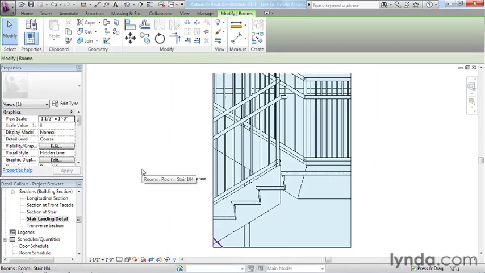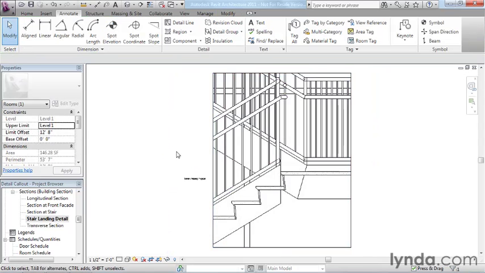So I'm going to deselect the crop. And over here on the Properties palette, it says Section and then the name of the view, Stair Landing. So I'm going to scroll down. That tells me I'm looking at the properties of the view. And here under the Extents category, I have an annotation crop setting, and I'm going to uncheck that box to